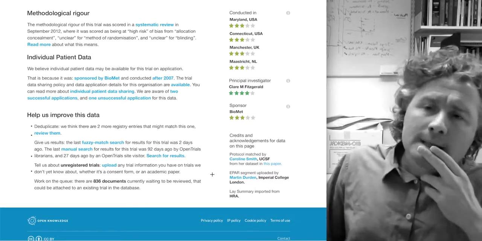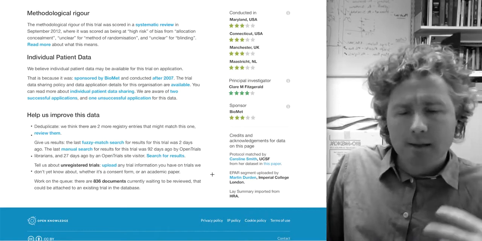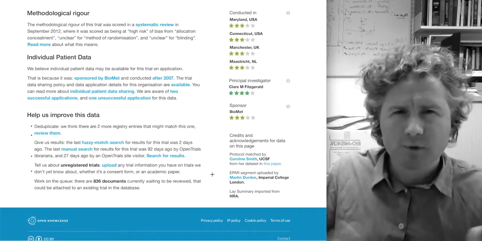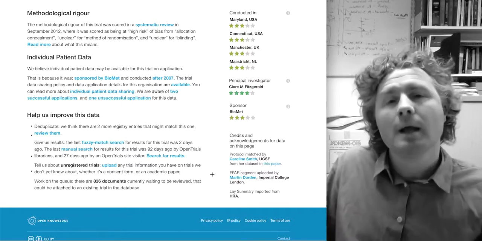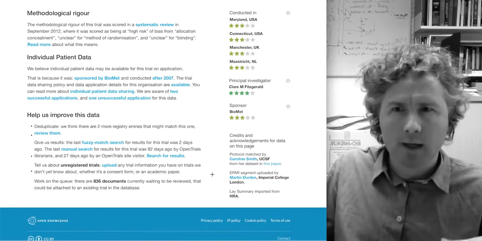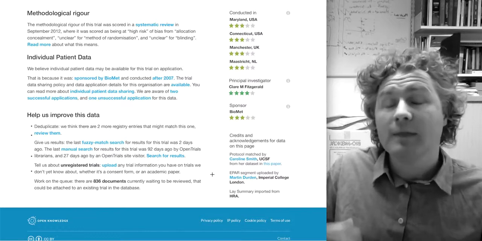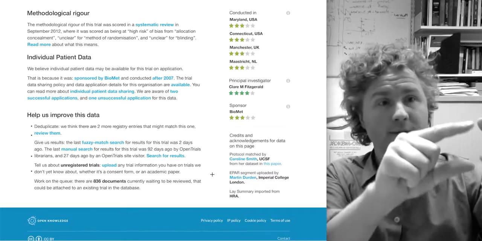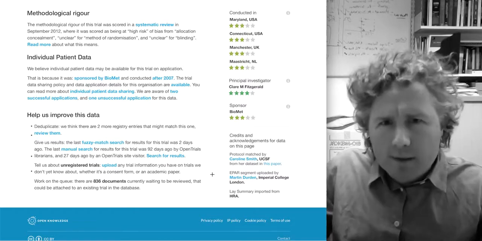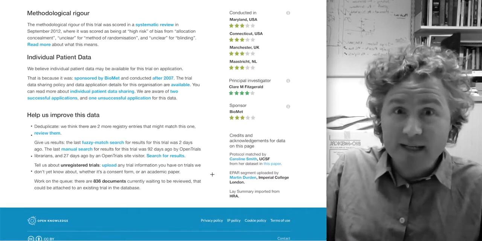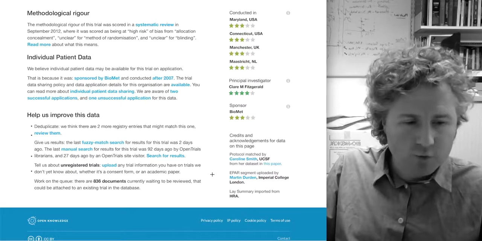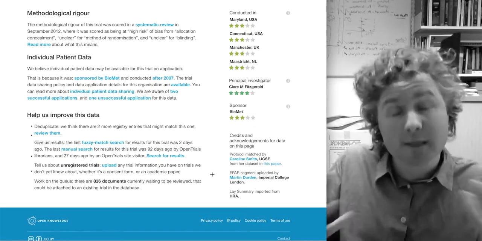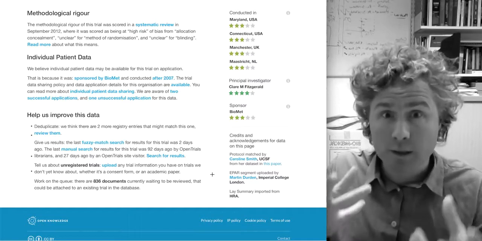Next, further down the page, methodological rigor. Let's say the methodological rigor, the design quality of this trial, has already been assessed by somebody doing a systematic review. Then that is a variable name and a variable value stored somewhere in somebody's XML file or CSV file, perhaps on their hard drive, or if they've shared it to SRDR there. We can take it, match it on, and convert it into free text and make that come alive, make it useful to people.